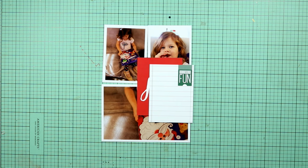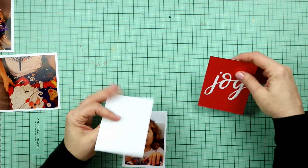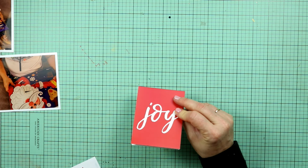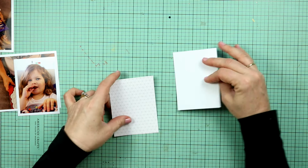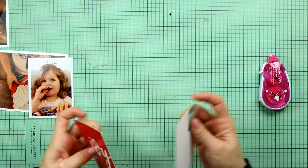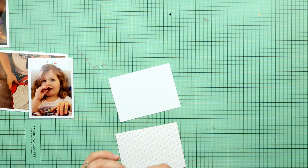Today I am sharing my process for days 5 and 6 of my 2018 December daily album, which I'm working on this month in July for my Scrappy Happy Christmas in July project. It's nice and cold here in Western Australia, so it's the perfect time to be getting stuck into these Christmas